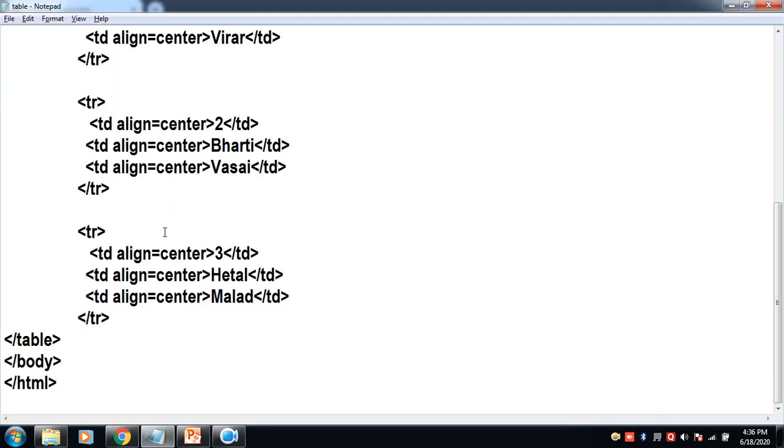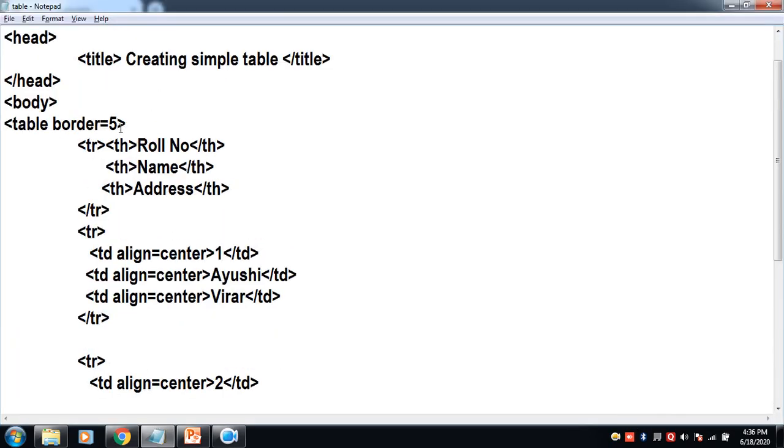We have come back to the code in the notepad. Now here we are going to add a few attributes of the table tag. We have already added one attribute, that is border, that specifies the thickness of the table border. Now let us add one more attribute. Keep one thing in mind, you have to leave a space over here. Now I give bordercolor, it is one word. Bordercolor, we will set it to blue. The background color of the table, this is the table background color, so I use bgcolor attribute. I give the name as cyan over here.